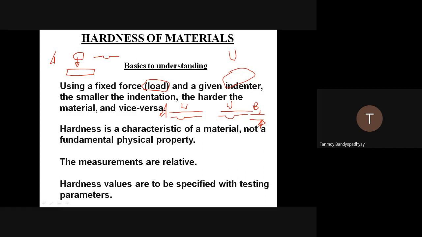So suppose for specimen A and specimen B, this is just a relative measurement of the specimens. If I change the 40 kilonewton to 50 kilonewton, then the entire thing changes. My scale and everything changes. So we have standardized all those things. What are the things that we have standardized? We have standardized the load value and the indenter type. Based on this combination of the load value and the indenter types, we can have different types of hardness scales. So let's go to the hardness scales.